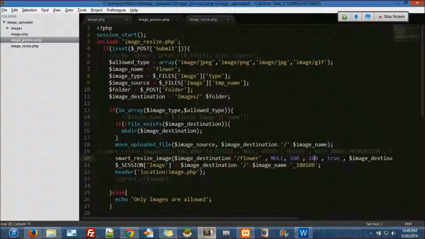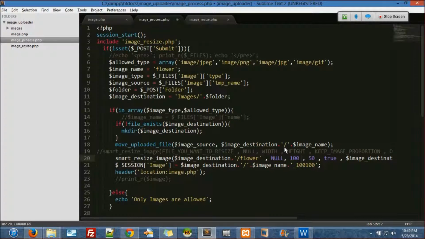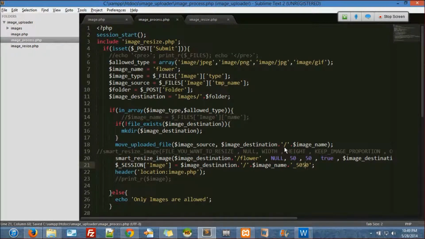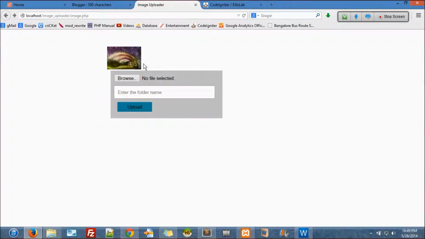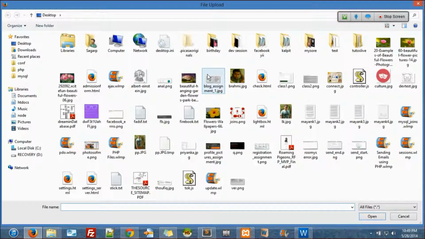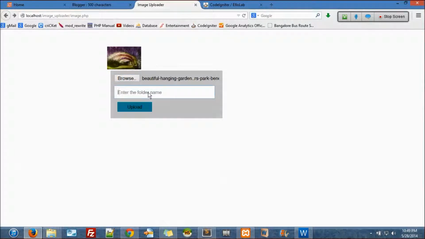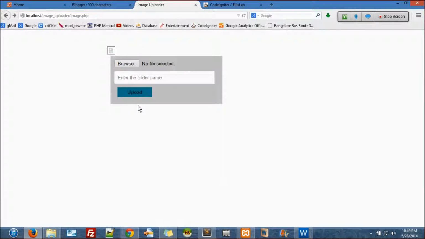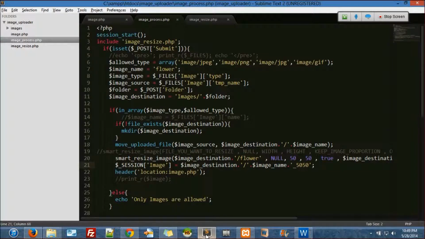Okay, I want to make 50 to the same folder again. Let's see what happens if we do it for the same folder. Okay, so browse, same picture, let's say garden. I'll upload. What happened here? Oh, I have to change this name.